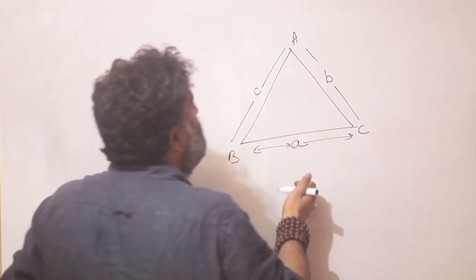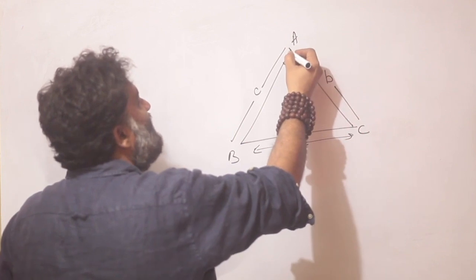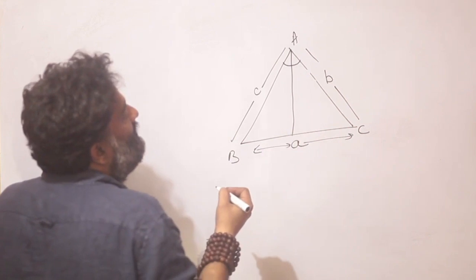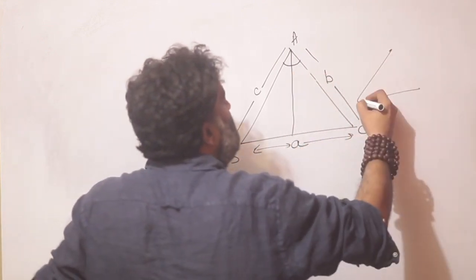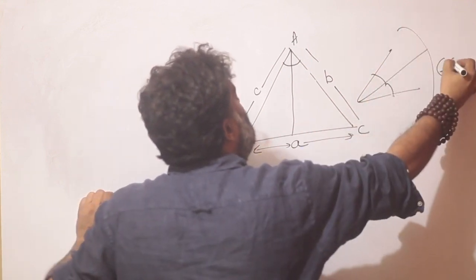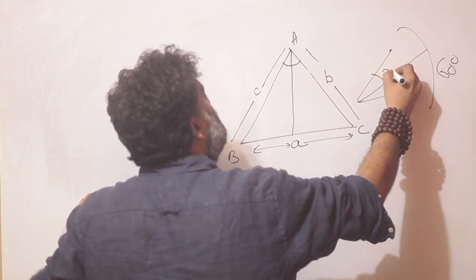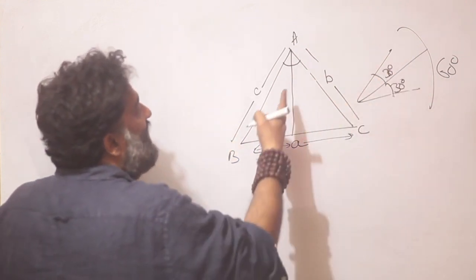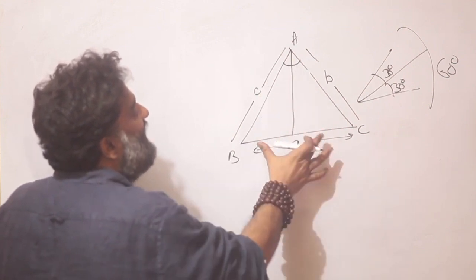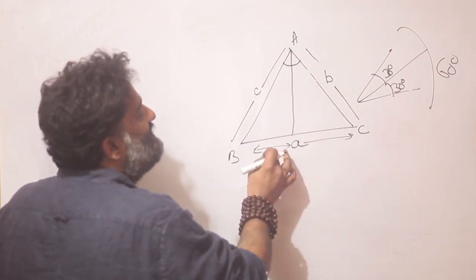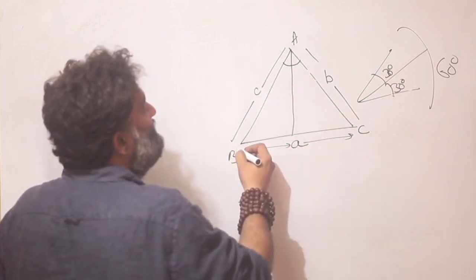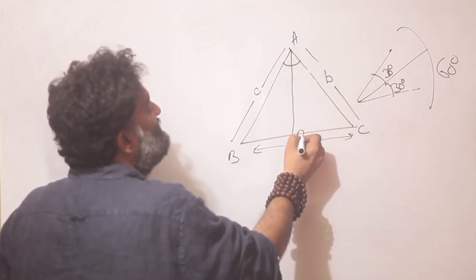So this is our basic story, and this is angle A, and I draw an angle bisector. An angle bisector is a line which divides an angle into two equal parts. So if this big angle was 60 degrees, the small angles are going to be 30 degrees each. Another thing to pay attention to is that this is not the median. A median divides the other side into two equal parts. We have no such information about the angle bisector. Let me call this point D.